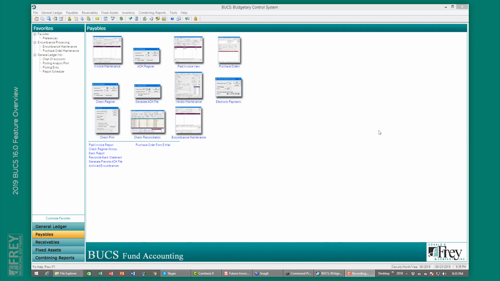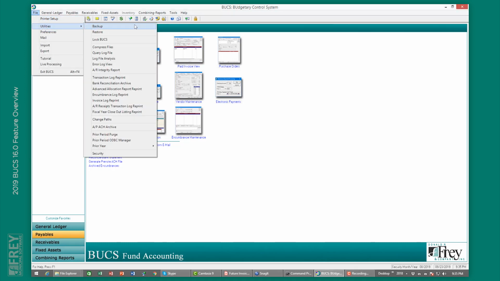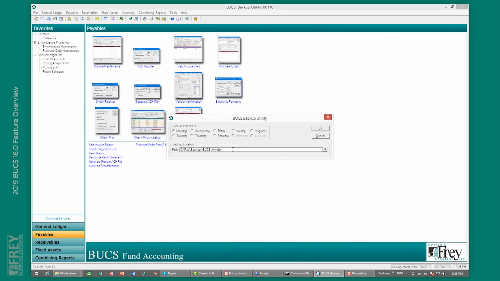Item number 38, Backup and Restore. The windows for the backup and restore have been widened to allow for the path field to be made longer. This will allow for more of the path to be visible when selecting where to back up to or to restore from. To show you this, I'm going to go to File, Utilities, Backup, and you can see this screen